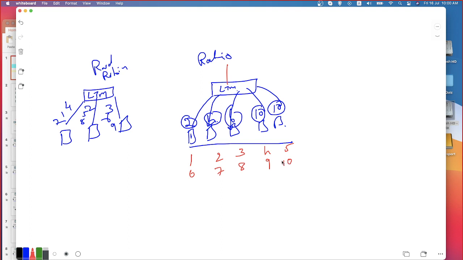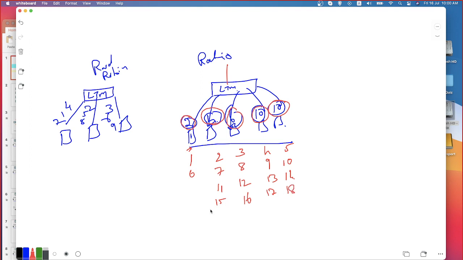Now the 11th connection, to which server will it be sent? Do you think it will be sent to server 1? Obviously no, because we had the discussion: for every 2 connections of server 1, there must be 4 connections to server 2, 6 connections to server 3, and 10 connections to server 4 and 5. In this case, the 11th will be sent to server 2, 12 will go here, 13 will go here, 14 will go here. Then 15, 16, 17, 18.